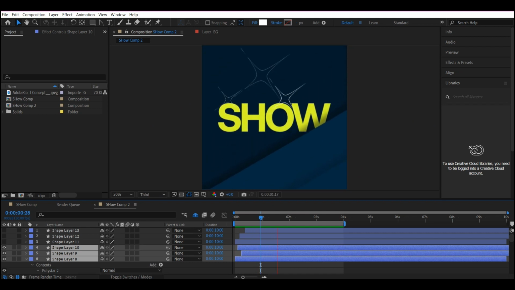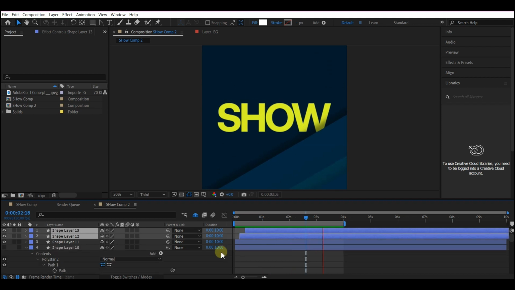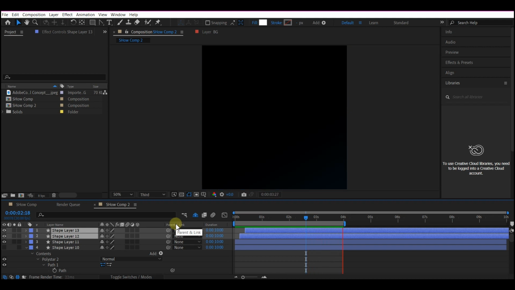Doing this manually with the star tool gives the sparkling effect a different feel, and if you use the rectangle tool and the pucker and bloat effect, it also gives it a different feel. This will all depend on what you want. To me, I prefer the first one using the manual, but in some cases this could be very fast and useful. And you can see it gives you a different sparkling effect for your motion graphic